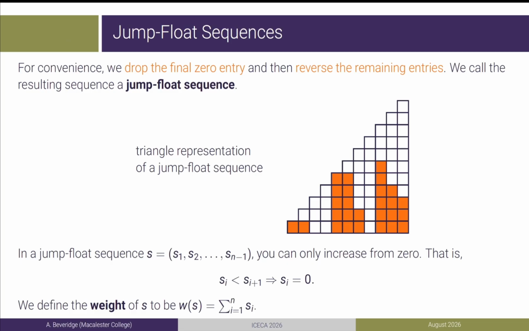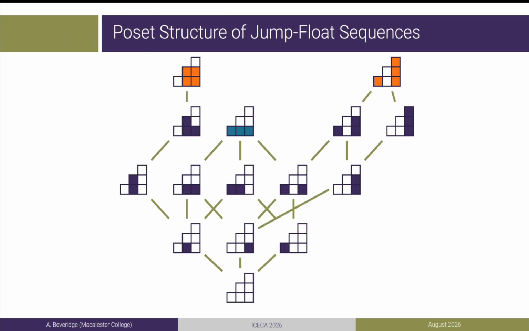And finally, we define the weight of a sequence in the natural way. We sum its entries. So the weight of a jump float sequence equals the inversion number of its corresponding 32-1 avoiding permutation. Now these jump float sequences have a natural poset structure. One sequence precedes another when its entries are element-wise smaller. In this case, we are looking at the jump float sequences of length 3, which correspond to 32-1 avoiding permutations of length 4. We have 3 maximal elements, but only 2 of them, in orange, achieve the maximum inversion number,